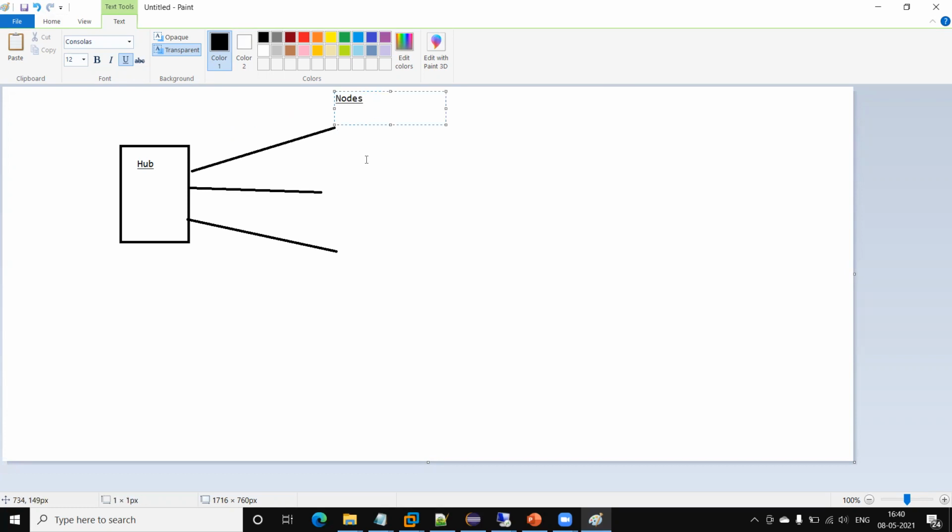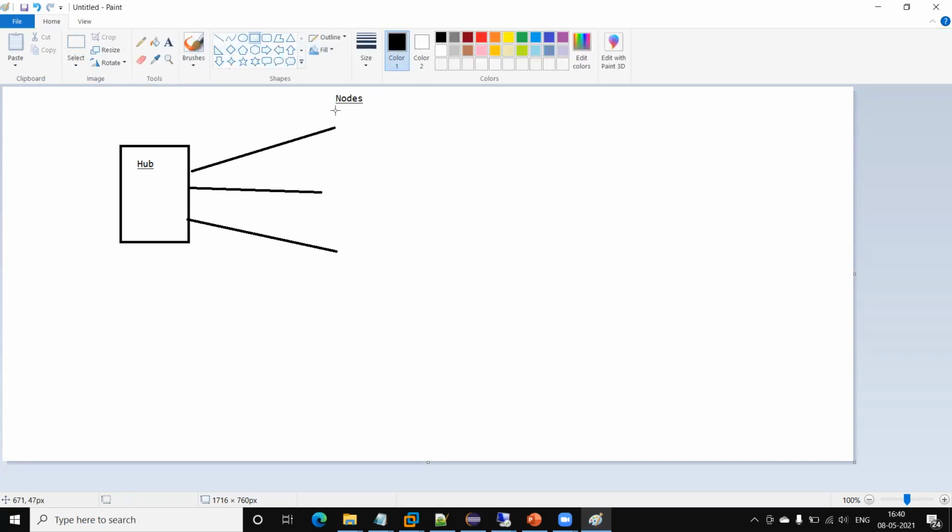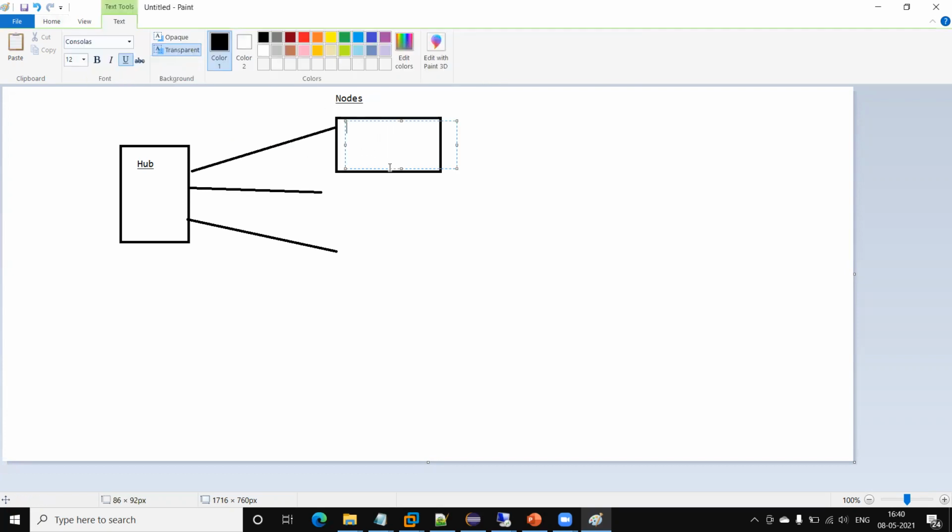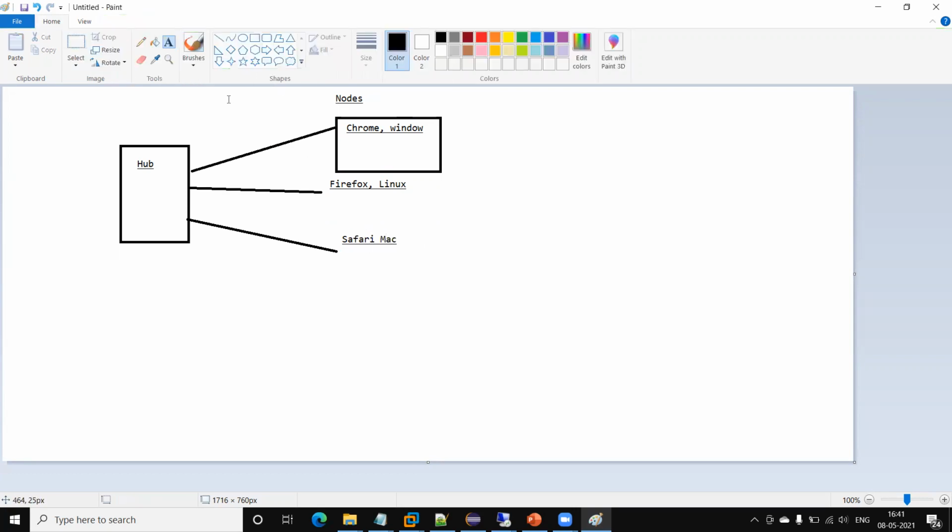Like, I have set up one node for the Chrome browser on a Windows machine. Similarly, another machine with Firefox on Linux. Another machine is Safari on a Mac machine. We can also create Chrome for Windows, Firefox for Windows. So as per requirement, we can run the nodes.